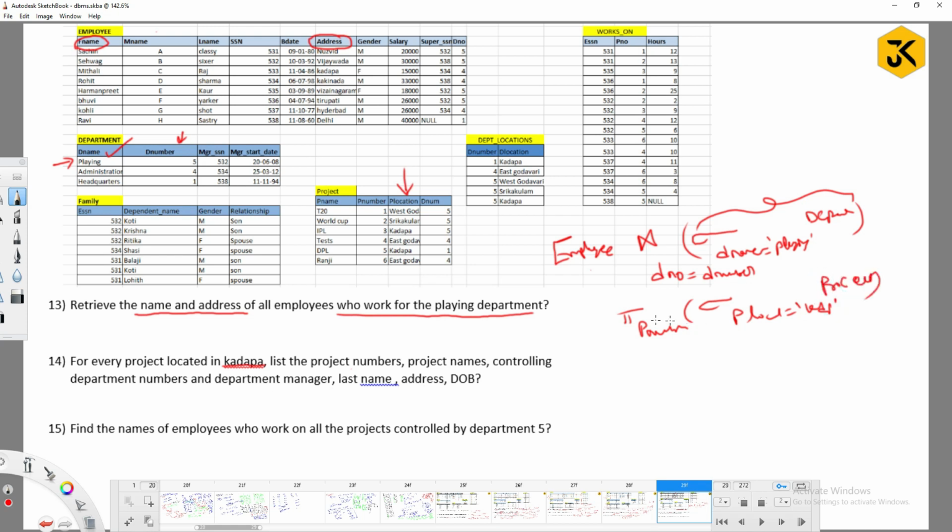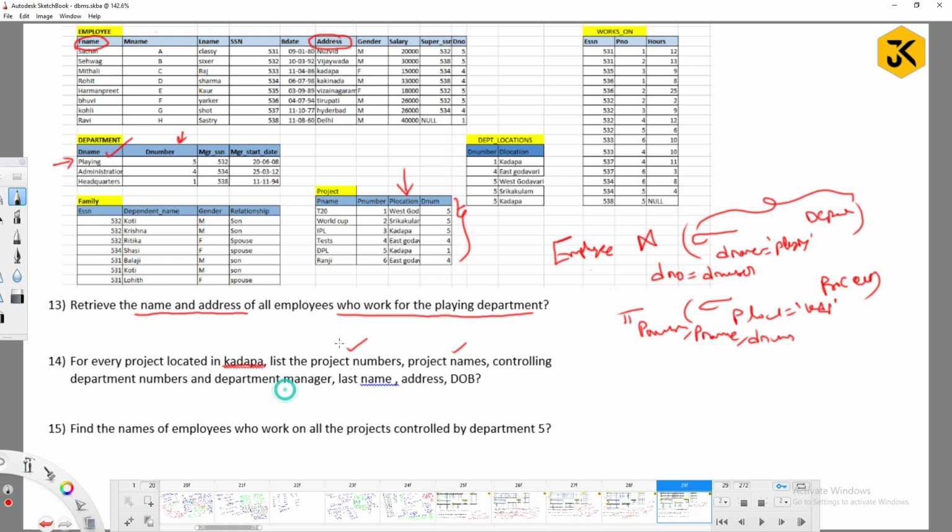So are you going to get the project numbers? Yes. We got the project numbers. For that, project names are also available, so we can write project names also. Project numbers, project names you got, and their controlling department numbers. What are their controlling department numbers? All these department numbers are available, so I can directly write department numbers also.